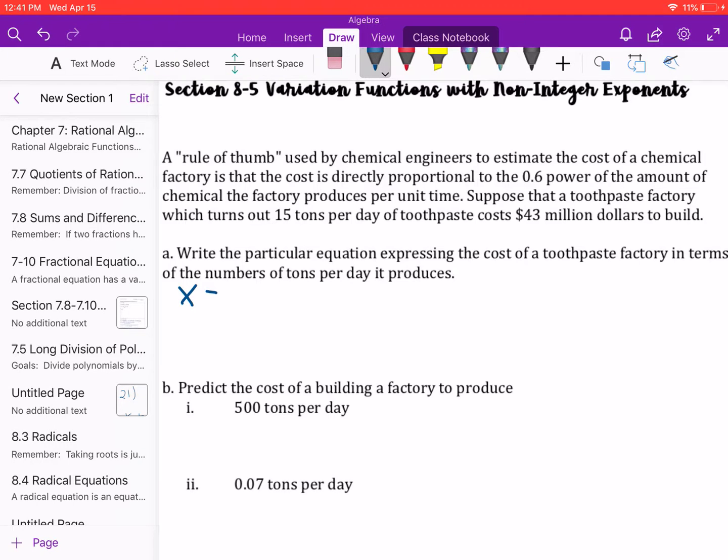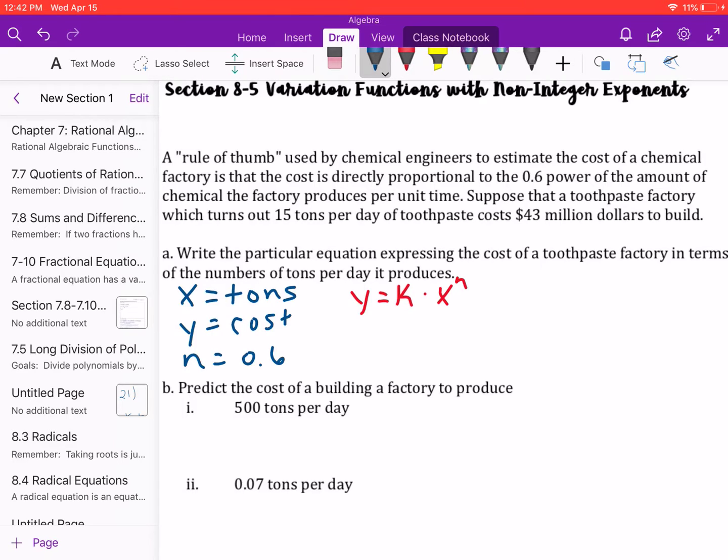So a rule of thumb used by chemical engineers to estimate the cost of a chemical factory is that the cost is directly proportional to the 0.6 power of the amount of chemical the factory produces per unit of time. Suppose that a toothpaste factory which turns out 15 tons per day of toothpaste costs $43 million to build. So, first part, write the particular expression, the cost of a toothpaste factory in terms of the number of tons